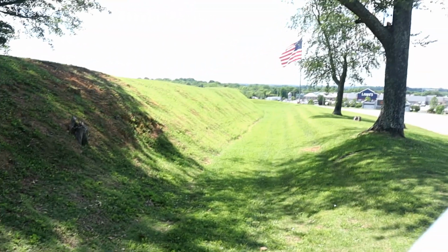And just to give you a little bit better idea of the size of the embankments, you can see back behind me as I'm walking out the gate, this is one of the lower sides back behind me. And of course, over on the other side,